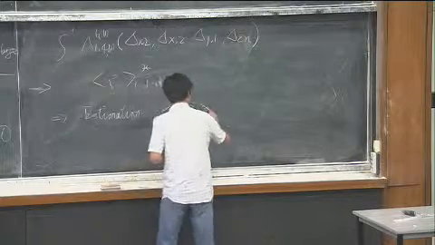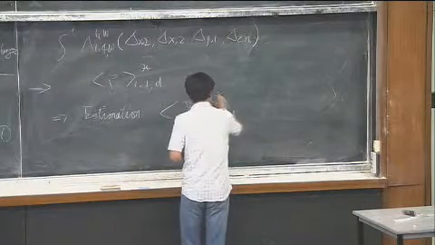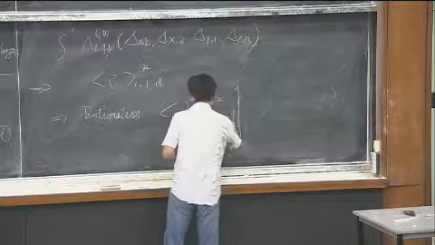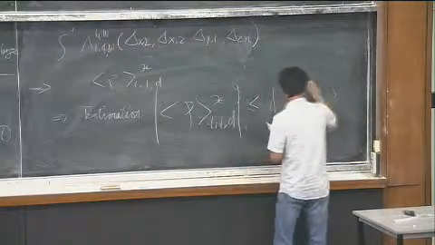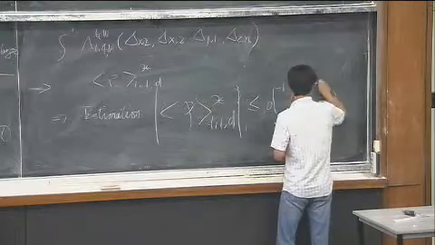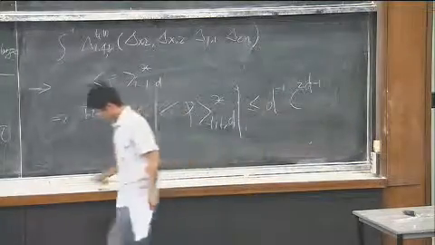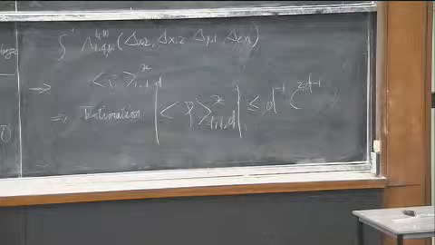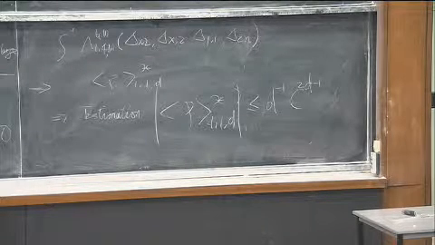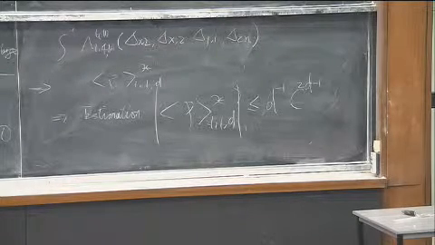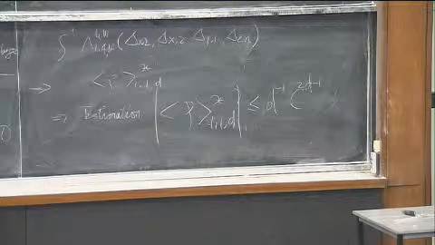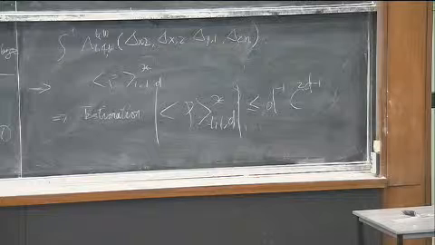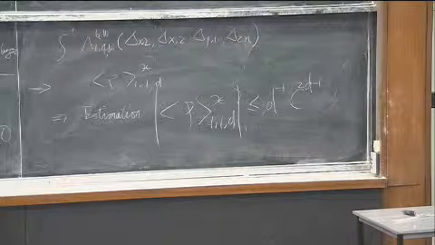As D increases, this absolute value is bounded by D minus 1 times C to the 2D minus 1. And this C can be chosen to be the same C as in the genus 0 estimation. So I'm nearly running out of time, and I just write down